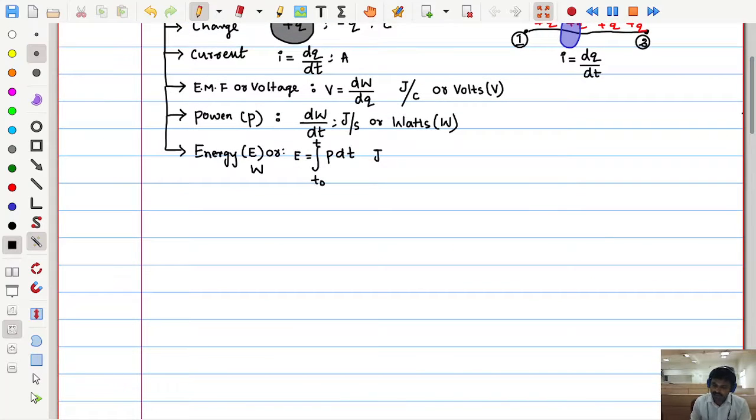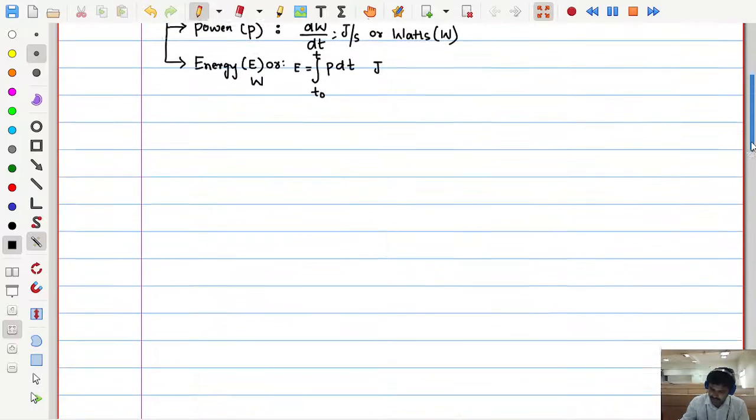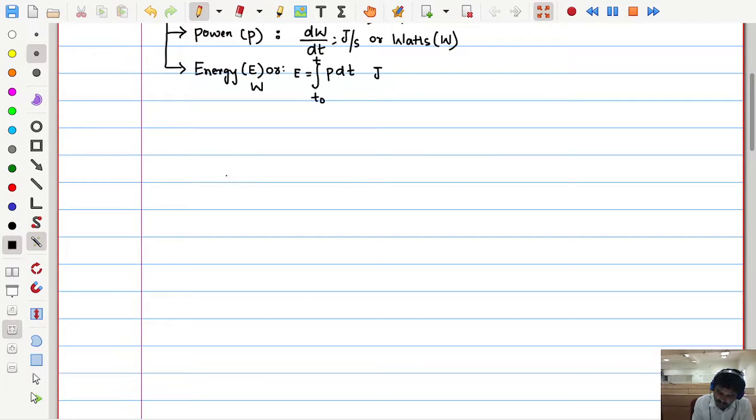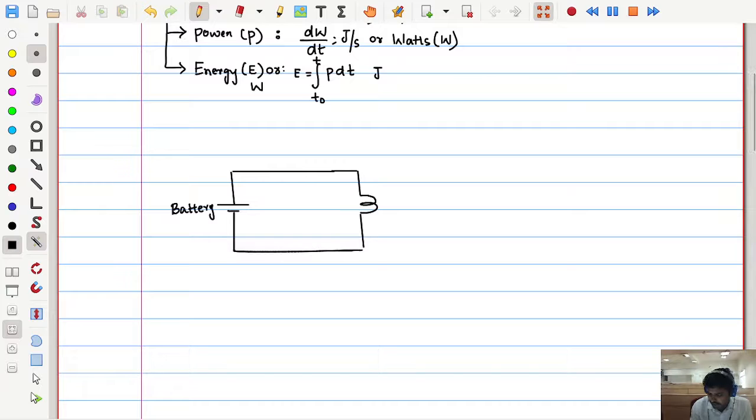Right. So now let us see some more important points about this voltage, current and power, these three important parameters or quantities. Let me take a simple circuit that we had seen previously. As a voltage source, I had shown you a simple circuit with a battery and a switch. Here I don't want the switch; I want to make this a closed path, so I am directly putting the connection, and I am connecting a bulb over here.